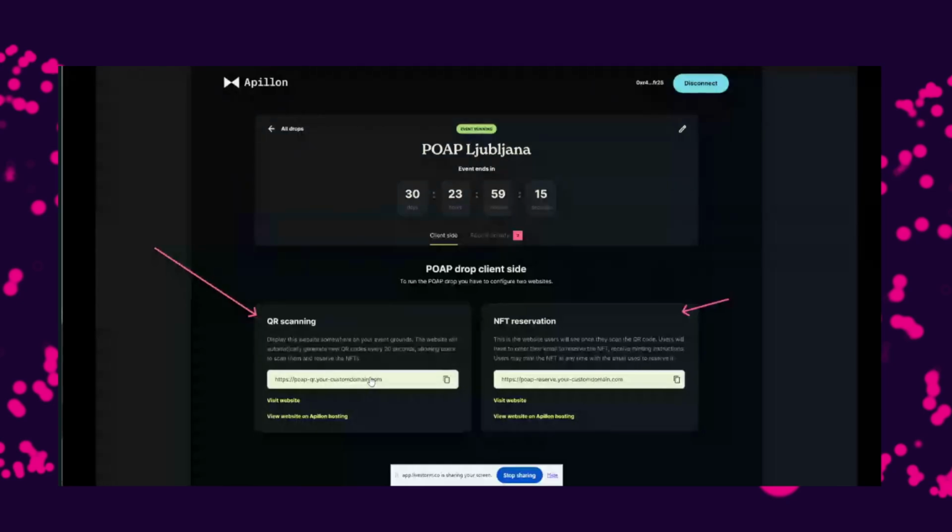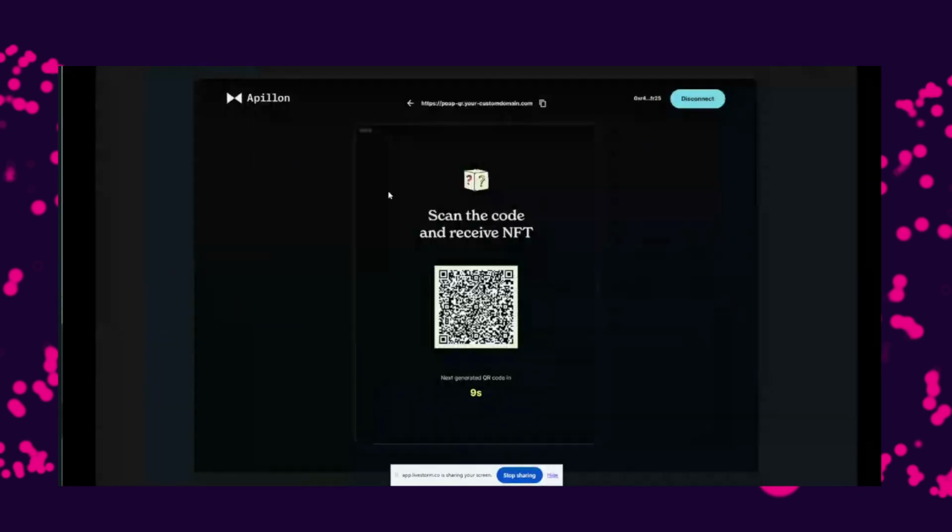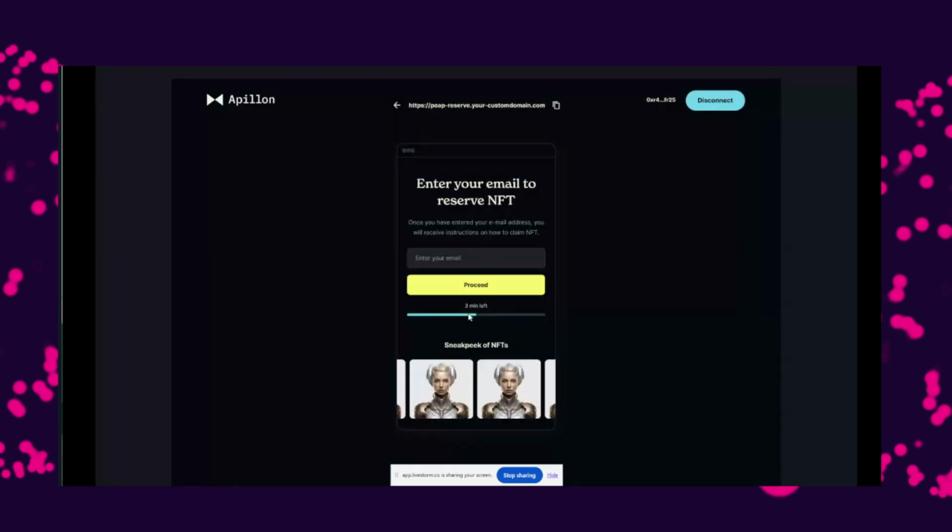It comes already included in the simplet, and it looks like this. So the QR codes will automatically switch every 10 seconds. This gives you a guarantee that it's one user, one QR code. If the user scans this QR code, we already built the website where they land and they enter their email.